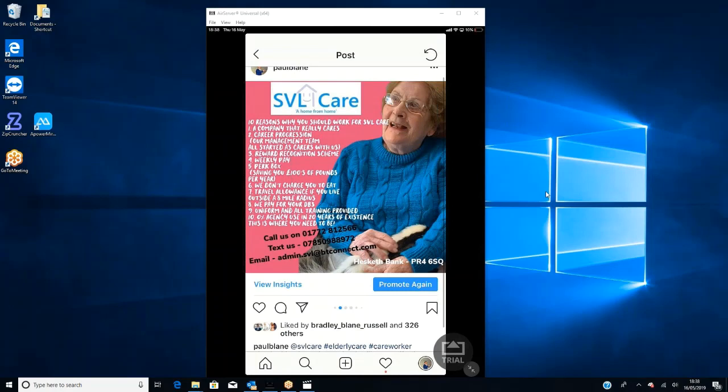Six, we don't charge you to eat. Now you may think, what on earth is that about? There are some companies out there, and you may be one of them, where you will charge a fee for someone if they want lunch. What this company is saying is we don't do that. So you might entice somebody who works at an organization at this moment in time who is paying for their lunch, and this might just be the thing that brings them to the bait.